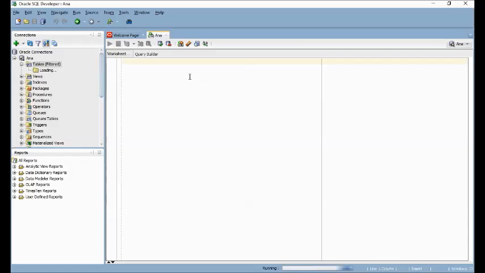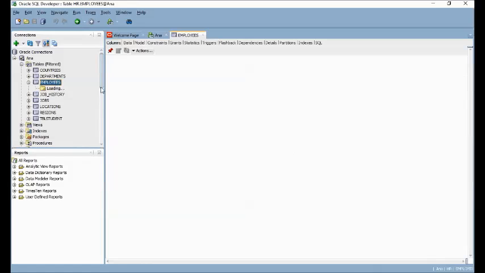So this is my workspace. All of this is where I will type the commands. What are the commands? We are going to be using the commands syntax structure of SQL. Okay? So I have here employees, as you can see.